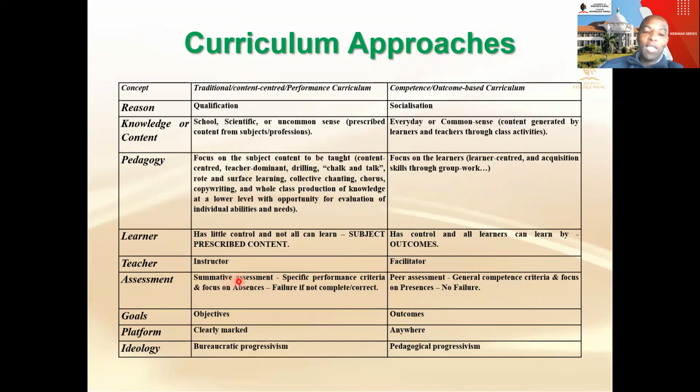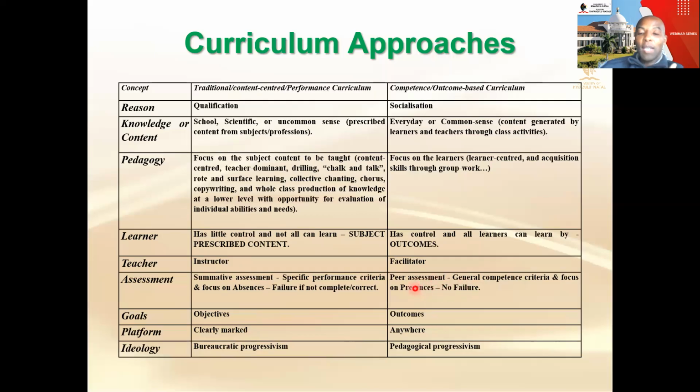So if, for instance, you achieve 90%, you may have the 90%, but your teacher will still say, but let's look at how you missed the 10%. So this 10% is a big deal this side, because we're given a full body of content which we are supposed to master, and then after mastering it, you have your 100%. But this side, all they do is look at what we have achieved.